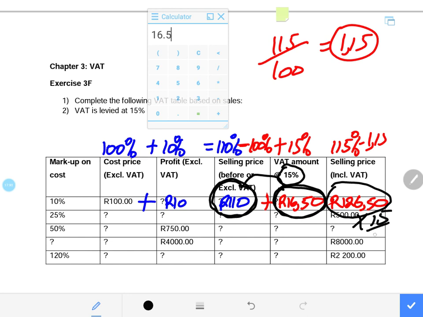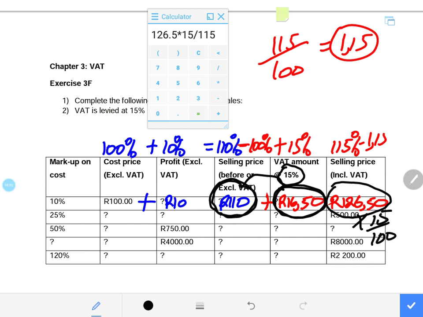The 15% is already inside. We want to take that 15% out, or retrieve that 15%. So now we are not saying times by 15 over 100. We did that when the amount was exclusive of VAT. But when the amount is inclusive of VAT, we always say whatever the amount is, times by 15 divided by 115. So now we want the 15% out of the amount that is